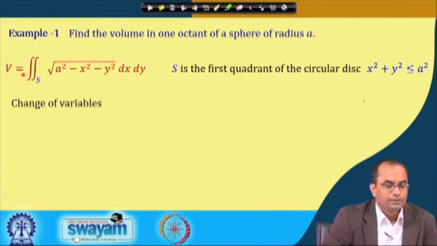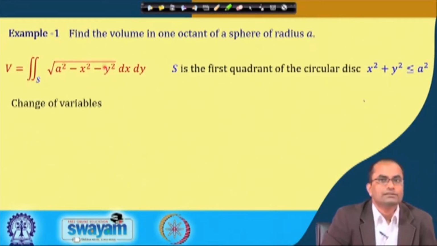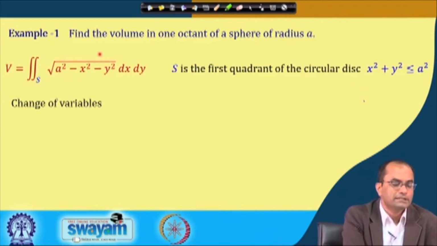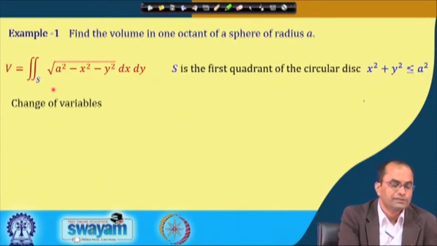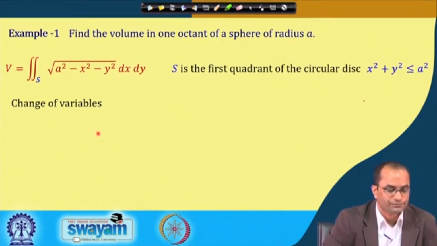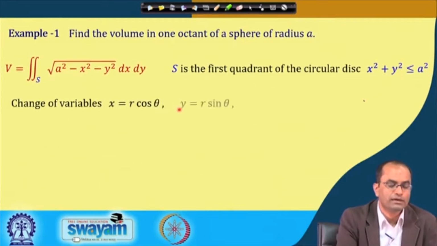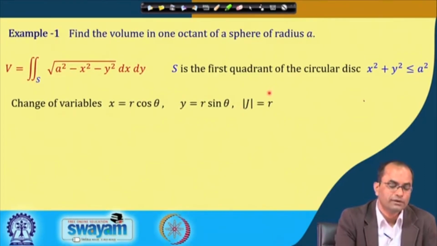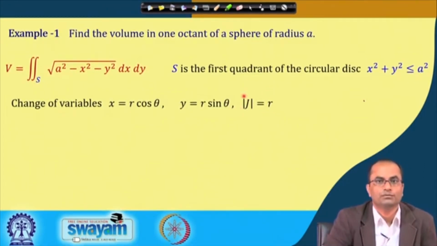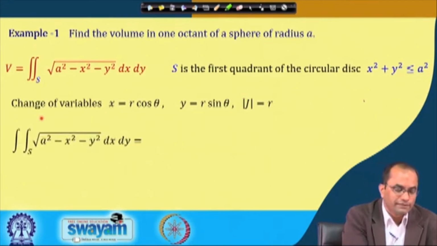And if we change now, because direct evaluation over this Cartesian coordinate will definitely be difficult, because already the integrand is difficult, then the limits again, these square roots will appear because of the circular disc, and overall the computation will be difficult. But if we change to the polar coordinates by x is equal to r cos theta and y is equal to r sin theta, in that case we have already seen that this Jacobian is coming to be 1. So, this additional factor which comes with dr d theta,